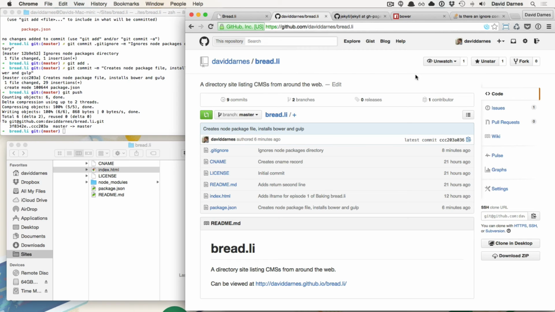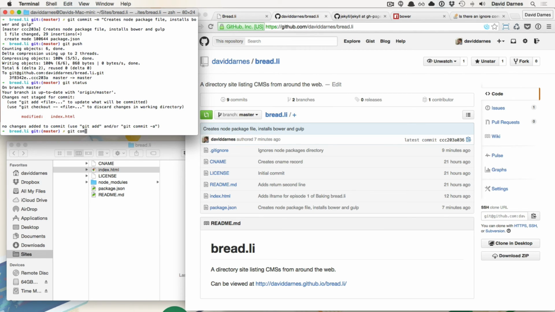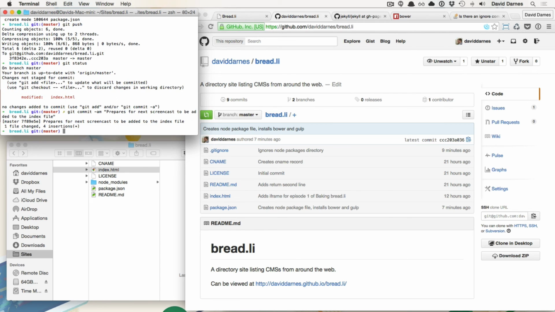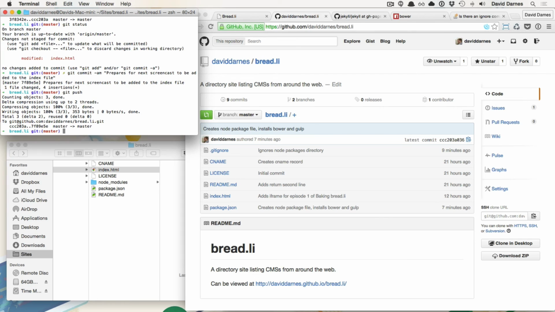Cool. So what I will do is git status, git commit -am "prepares for next screencast to be added to the index file", git push. And what I shall do next is,